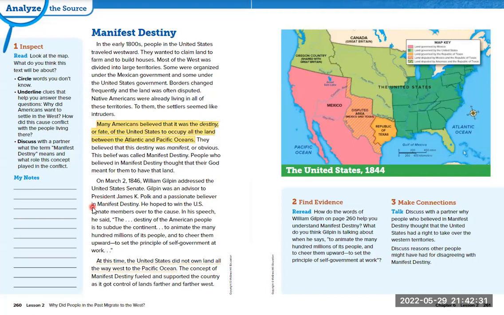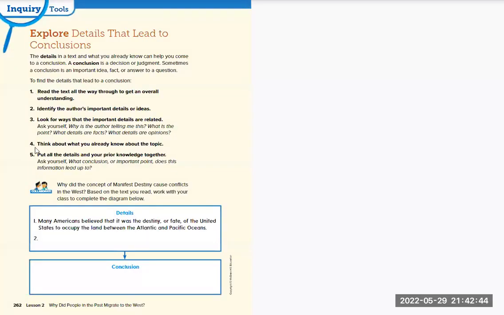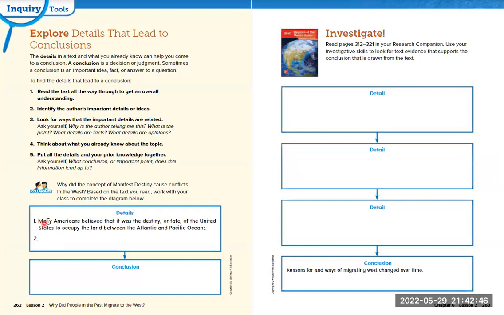Now, we are going to look for another detail that also agrees with this. They believe this destiny was manifest or obvious. So we're going to check back here on our main page. Many Americans believe that it was destiny or fate. So this is a close but not exact copy from over there. So we're going to see another important detail that supports this. They believed it was destiny or fate of the United States to occupy the land between the Atlantic and the